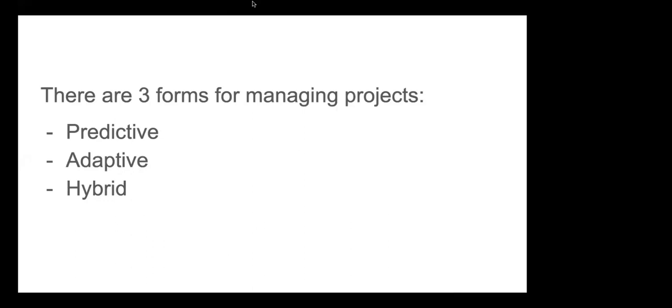There is usually either a committee or the sponsor himself. You raise a change request, the change request is submitted, it is reviewed, and then if they decide to approve it, they communicate the approval to you. And then you go and carry it out. That's predictive. But in adaptive,